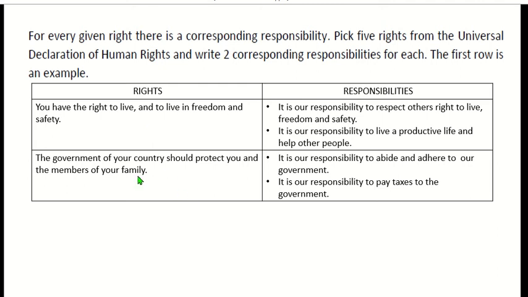Next, the government of your country should protect you and the members of your family. So, naibigay na ito pero pwede tayo magbigay ng iba pang responsibilidad. So, it is our responsibility to abide and adhere to our government. So, responsibilidad natin na sumunod sa ating gobyerno, no? And it is our responsibility to pay taxes to the government. So, responsibilidad din natin na magbayad ng buwis sa ating government kung tayo ay